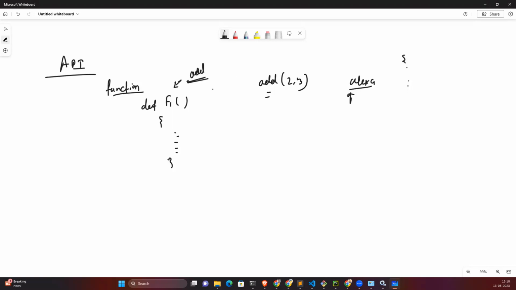Let me first talk about how the API works. This set of functions, this set of code, has been written in your system, but I'm not from a programming background. I don't know how to write this code or how to execute it. And even if I know how to run it, I would need that setup in my system, then only I can use your code. I have to install Python, set some environment variables, and do a lot of steps in my system to use your code. It's not like I just copy paste and it will work.